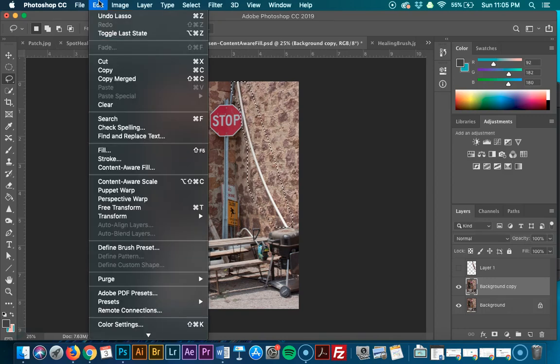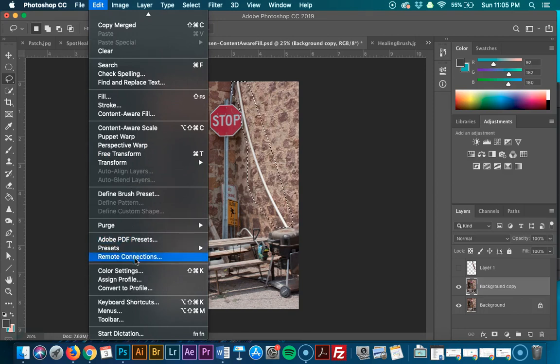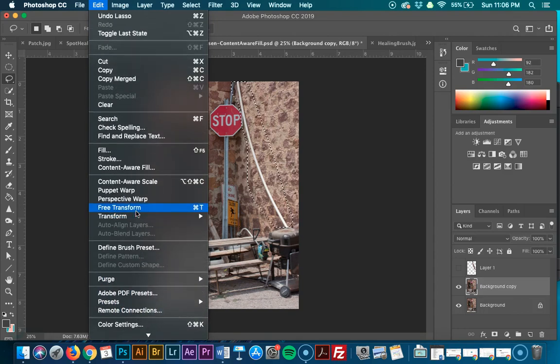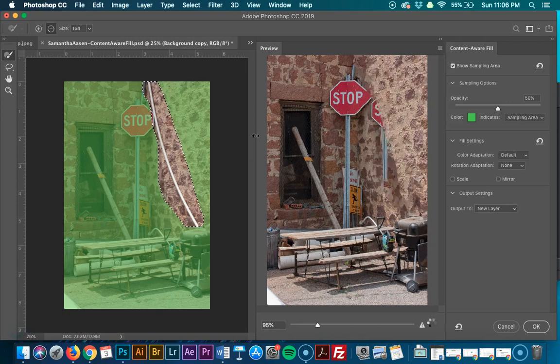And we're going to go actually to Edit. You're going to scroll down. There's content aware scale. Content aware fill. It's in the center. This is with 2019, and this pulls up a program within a program. This will look familiar if you've done masking a little bit more in depth. So